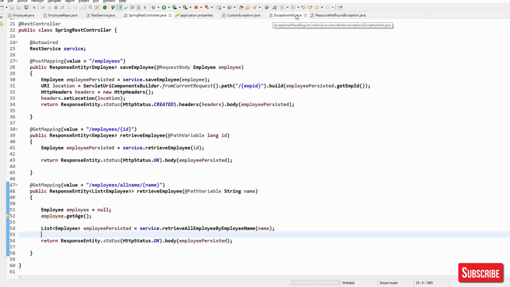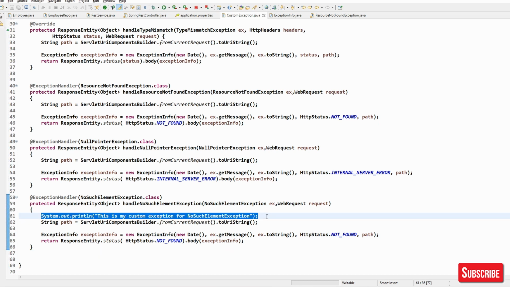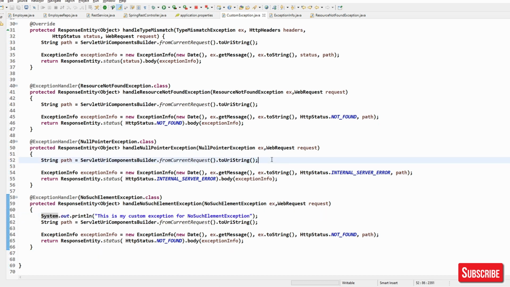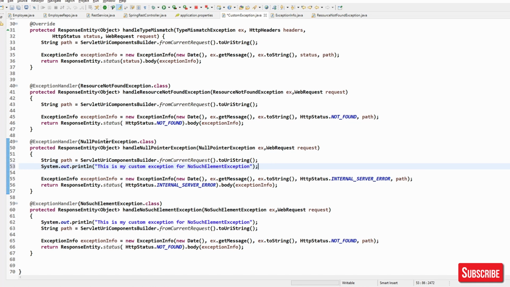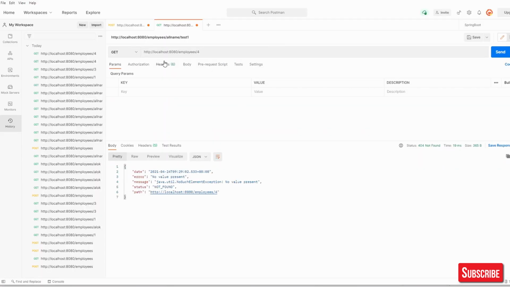So in our custom exception, let's have one message over here. What we can do now is, we'll just restart this service, and now we are in Postman.